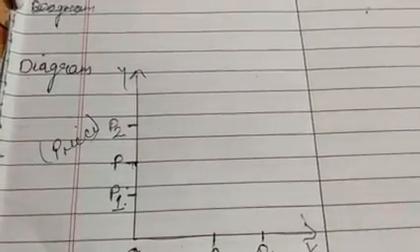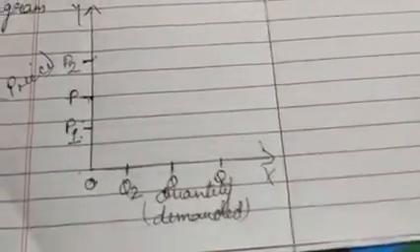Now we have to show contraction. For contraction what will happen? Demand contracts. When demand contracts? When price rises. So price is rising from the original price OP. Here you have taken OP1, so we'll take OP2. From OP to OP2. Then if price will rise from OP to OP2, what will happen to quantity? Quantity will fall from OQ to OQ2. Is it clear? So now see here, I hope there is no problem.